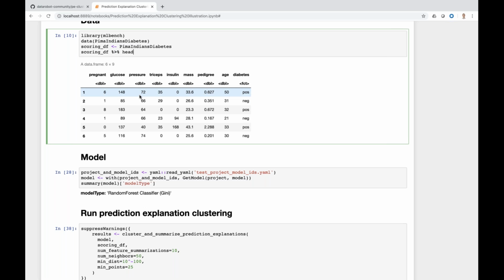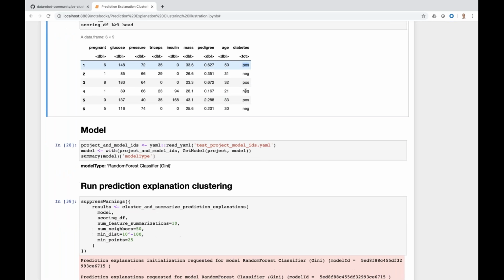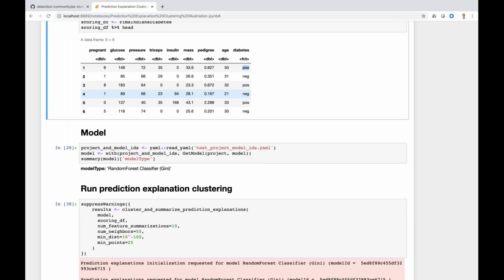So we have things like glucose levels, blood pressure, mass or weight, and a pedigree score, which is just a measure of family background risk factors for diabetes. And then crucially, we have our indicator of whether or not this person has developed diabetes. Now, with prediction explanation clustering, apart from just the data we're working with, we also need a model that's